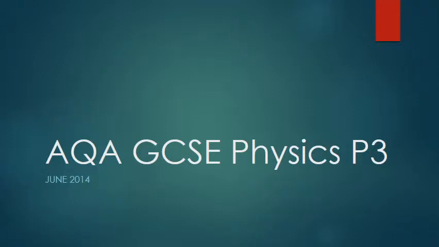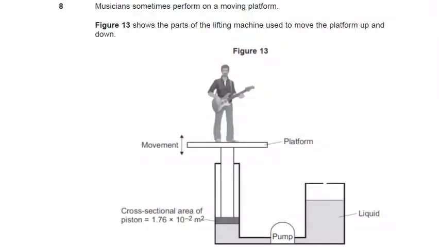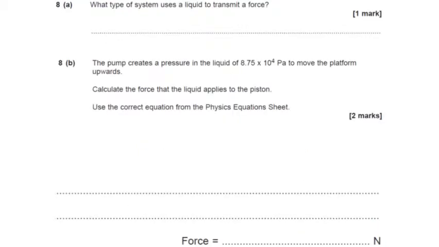This is the worked solution for AQA GCSE P3 June 2014 question 8. The first part of this question is about hydraulic systems. We should underline any key information that is given to us in the diagram because we may need to use this later. Hydraulic systems are used to transmit a force,